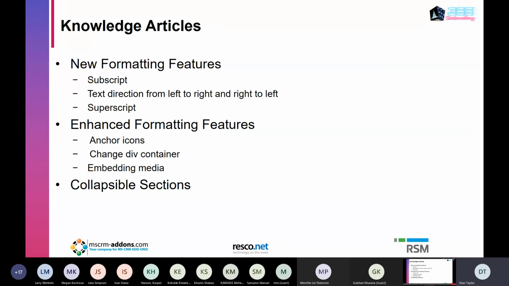So the editing experience for knowledge base articles has been enhanced in this release as well. There's several formatting features that have been added to the formatting bar on the content area, and I'm not going to list all of them, but there is a lot more, like subscript, text direction from left to right and right to left, etc. There's anchors, anchor icons. I don't even know what that is. Change div containers. Again, no idea what that is, but I do know what embedding media